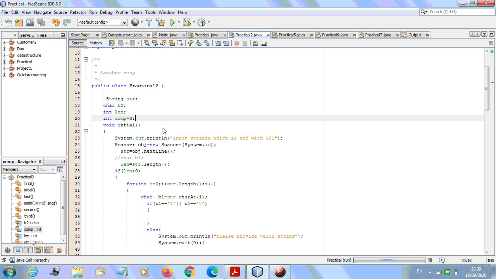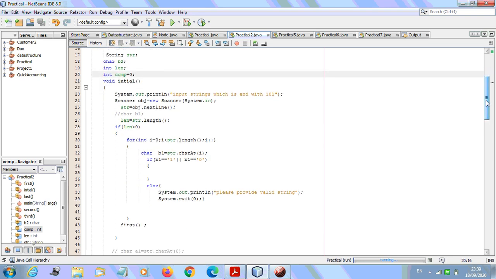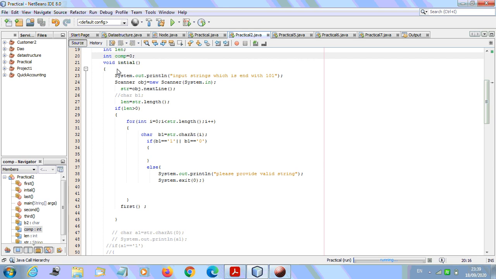This is a method. In this initial method we are going to check the input string, whether that input string is valid or not. The input string should comprise 1s and 0s, so we are going to check in this initial method itself. If the input is good, it means if it is in the form of 1s and 0s, then we are going to move towards the first state, that is Q0. If you made a DFA for that one, you know what state Q0 is.